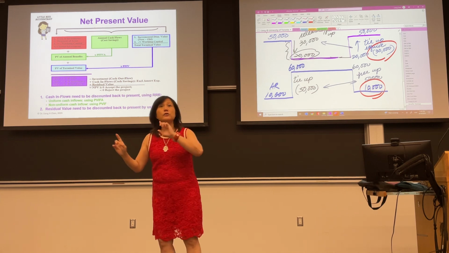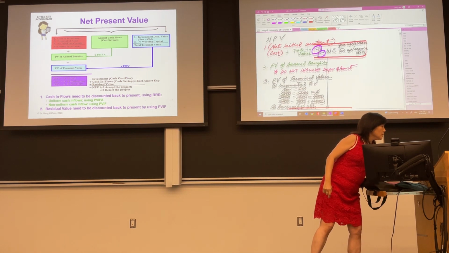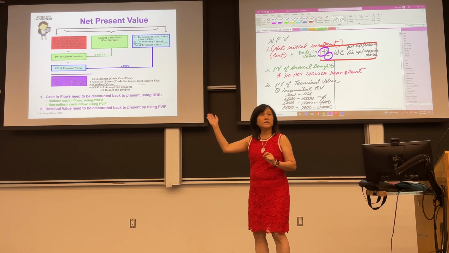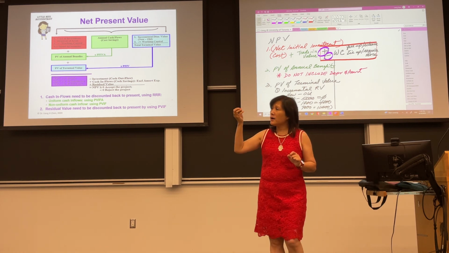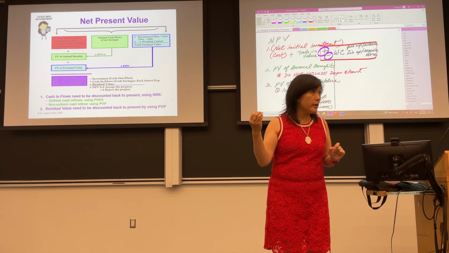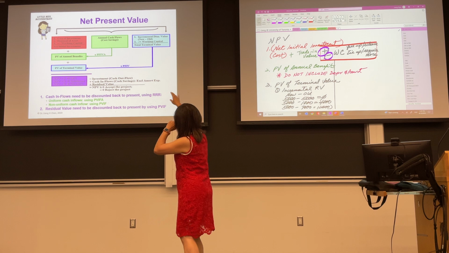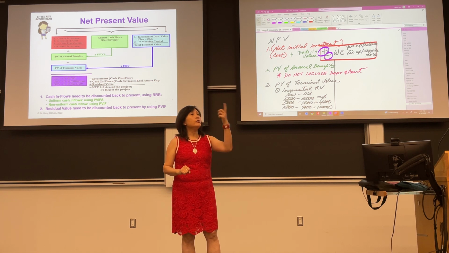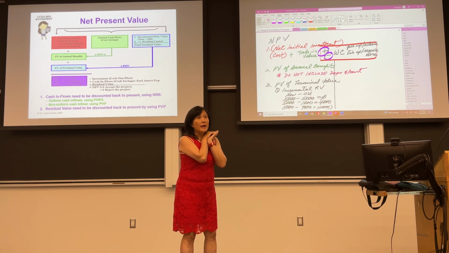3 numbers, 3 marks. Cash flow, so no amortization, no depreciation in here. You discount it back. What's the interest rate you're going to use? It's called the required rate of return, RRR. You bring it back. Now terminal value, 2 numbers: number 1, incremental residual value; number 2, reversal of working capital. You add the 2 numbers together, and you discount it back.